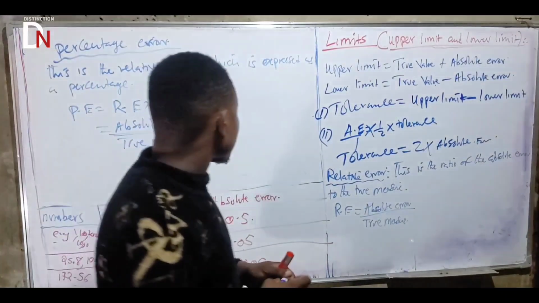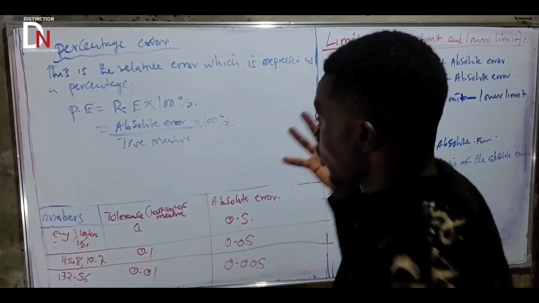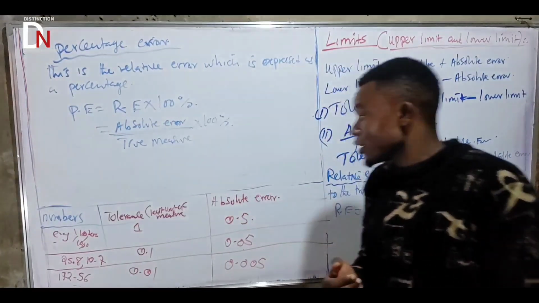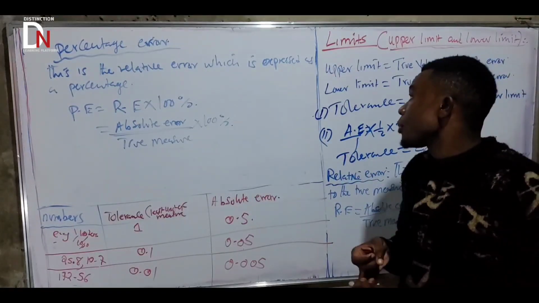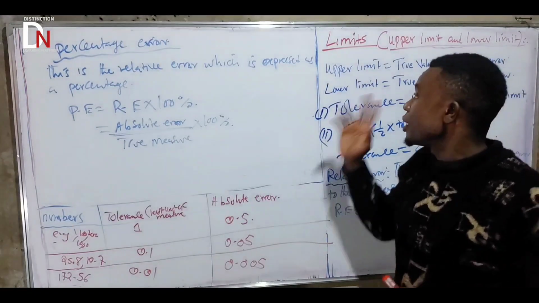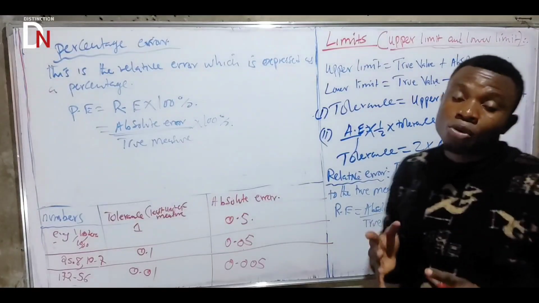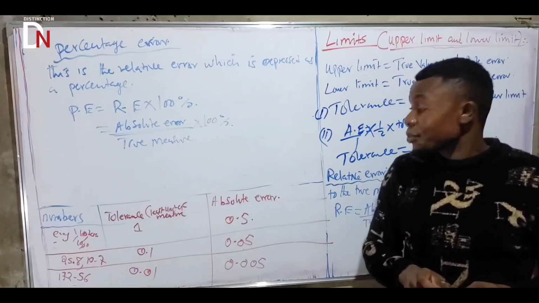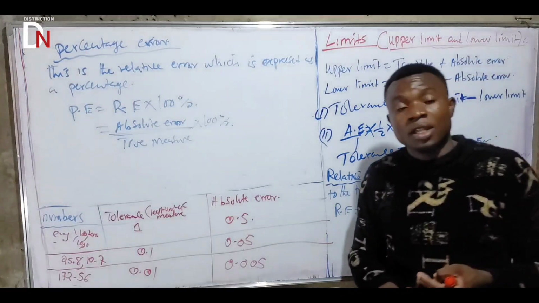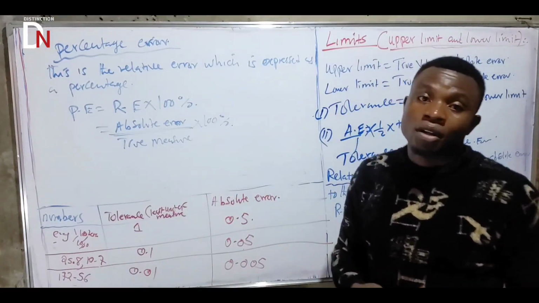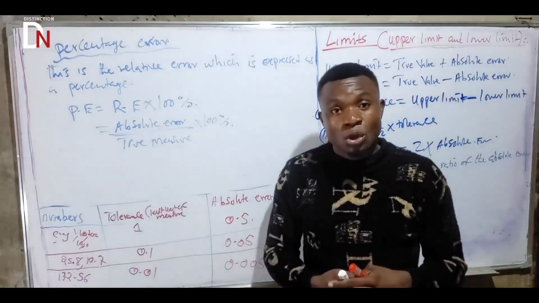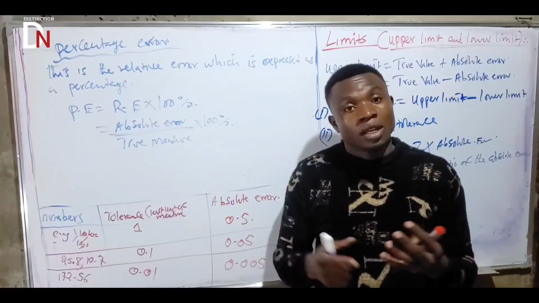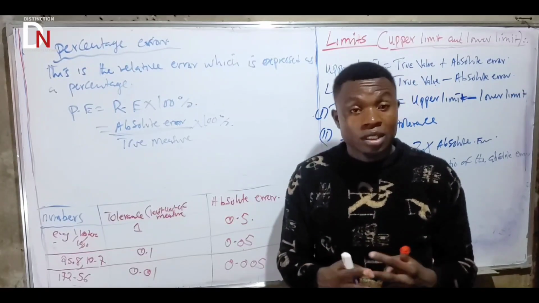Now, one should know how to find the absolute error. It's very, very important. Two, you should be able to find the limits, the upper limit as well as the lower limit. You should be able to find the tolerance. You should also be able to find the relative error as well as the percentage error. Okay, and I shall show how one can find the limits, the relative error, and the percentage error in